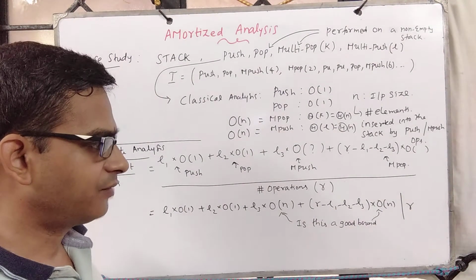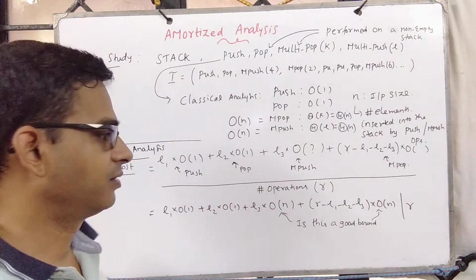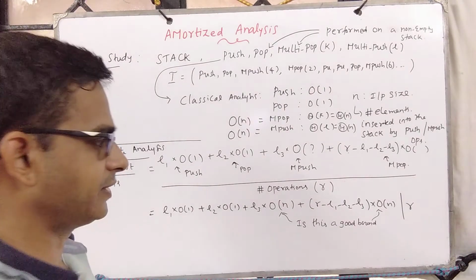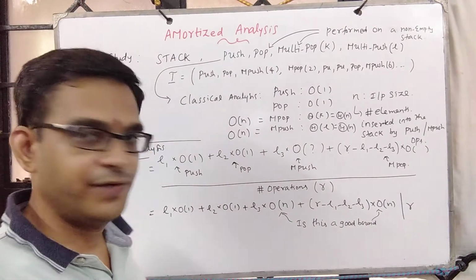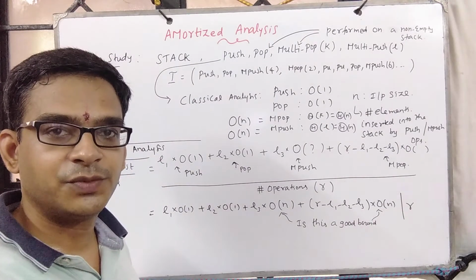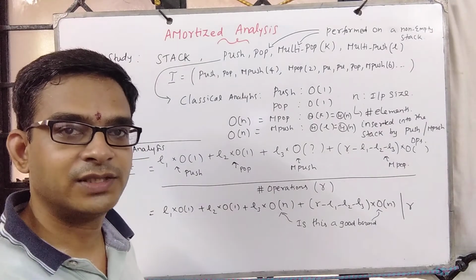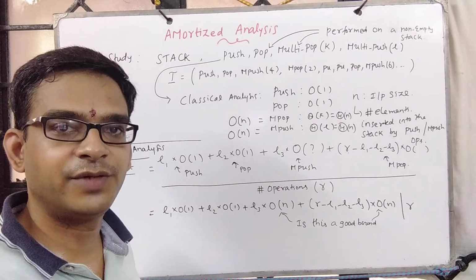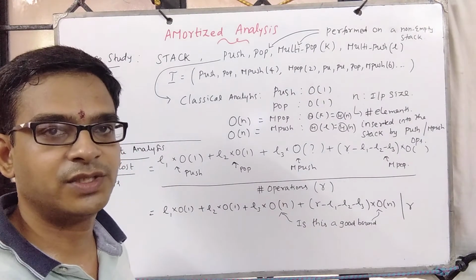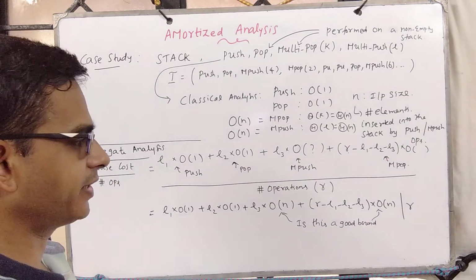Because what is our focus? The input sequence is arbitrary. It could be anything. For an arbitrary input sequence, what is the amortized cost? It's something like when we do the analysis of sorting, we look at cases, right? The best case, worst case, and so on. But for an arbitrary input sequence, if someone asks what is the complexity of insertion sort, we only say order n square, because an arbitrary sequence can be best case or worst case or something in between. So there we only say cost is order n square.